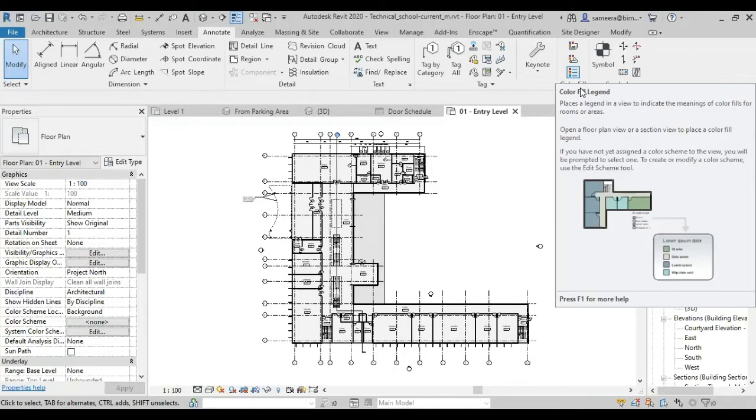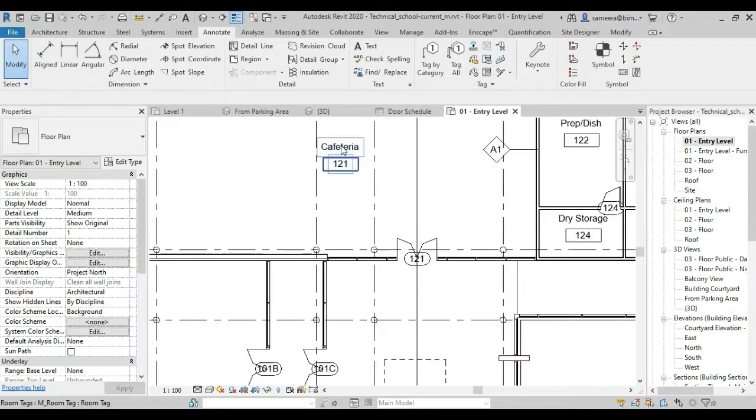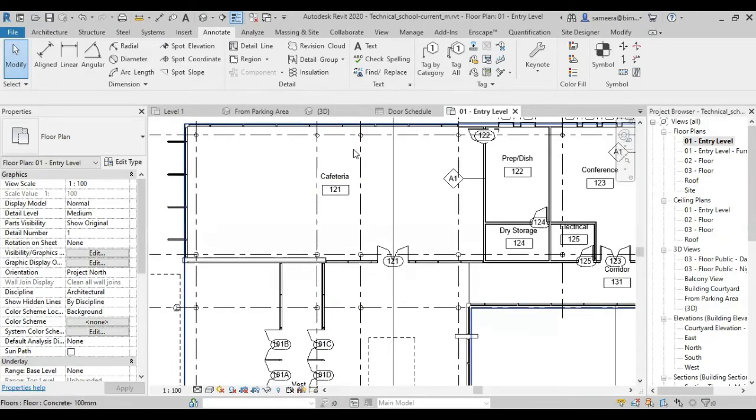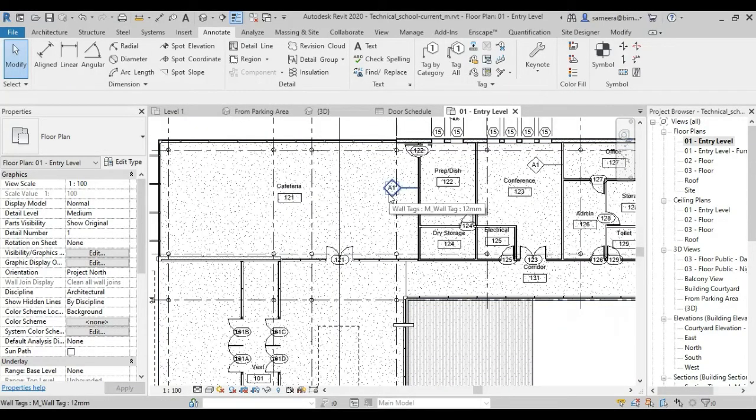So which color is matching, or what is it showing in the interface for this cafeteria portion? After placing the color legend, we will get a color for this particular area, right? So you have to go to the exam window and mark the color which is suitable according to the Revit file. Only if we know how to do a color legend and how to place it can we get the answer, right?